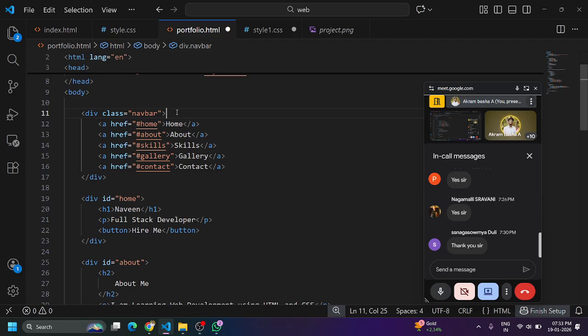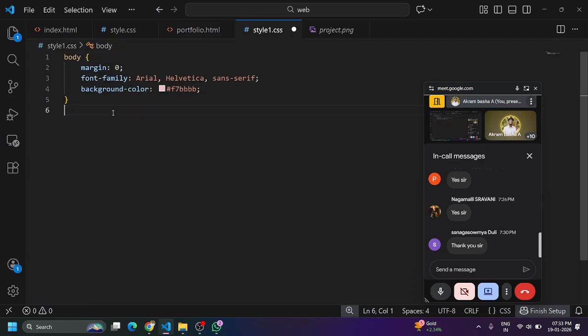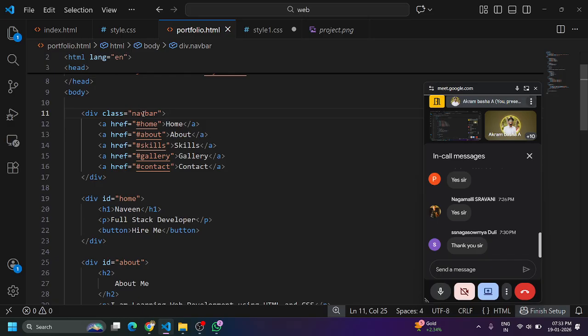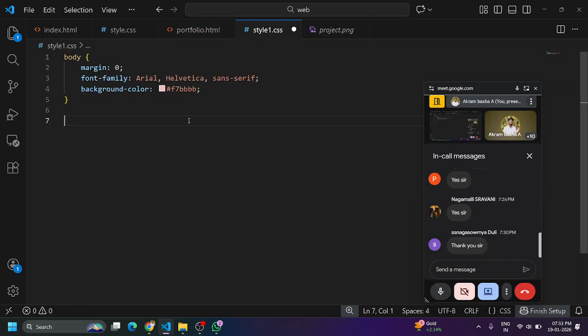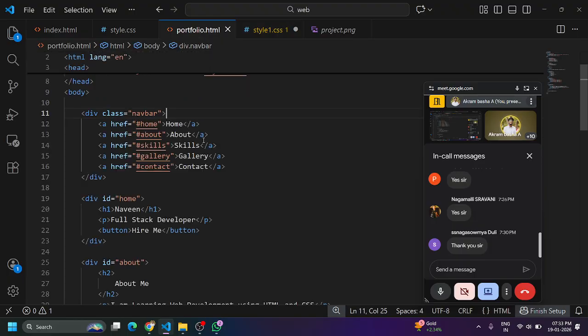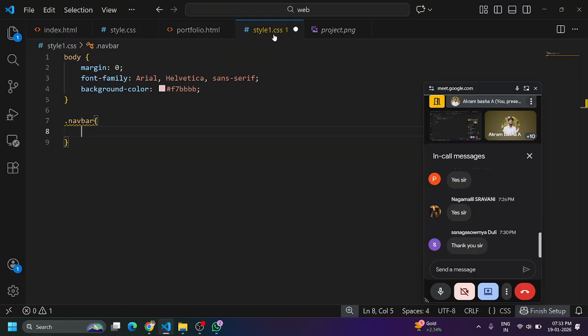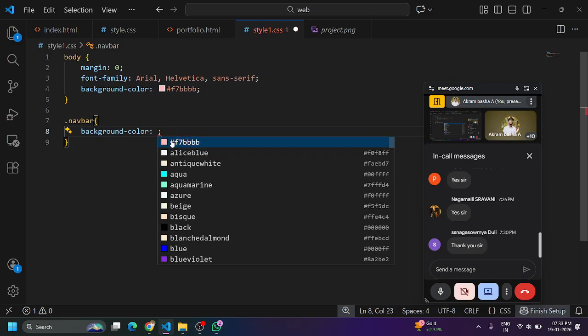I have used class as navbar, so I will be writing styles over here. For this particular navbar, I have used the class attribute. For the class attribute, we will be using the period operator, which is dot navbar. If we write the styles over here, it will automatically trigger this navbar. For this navbar, we will be applying a background color, some black color,